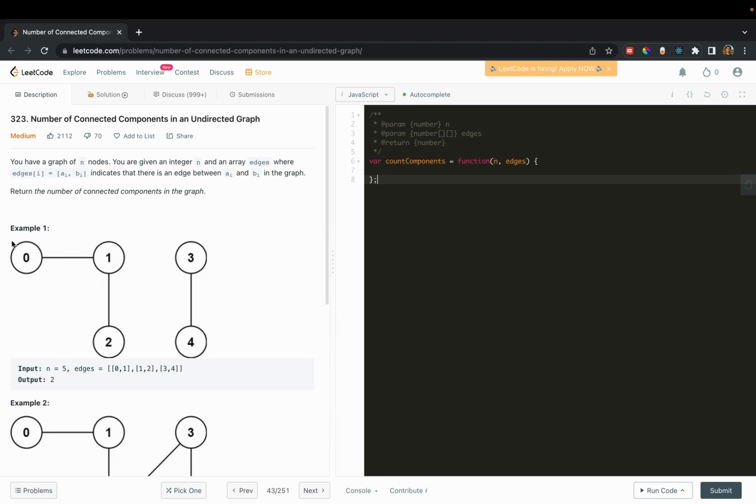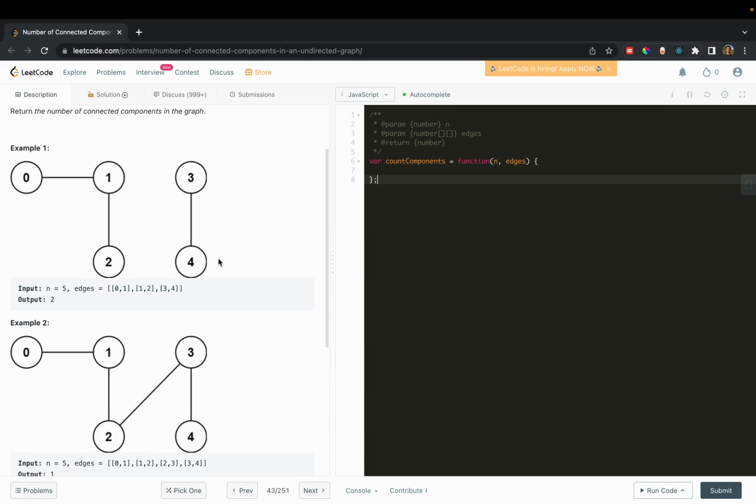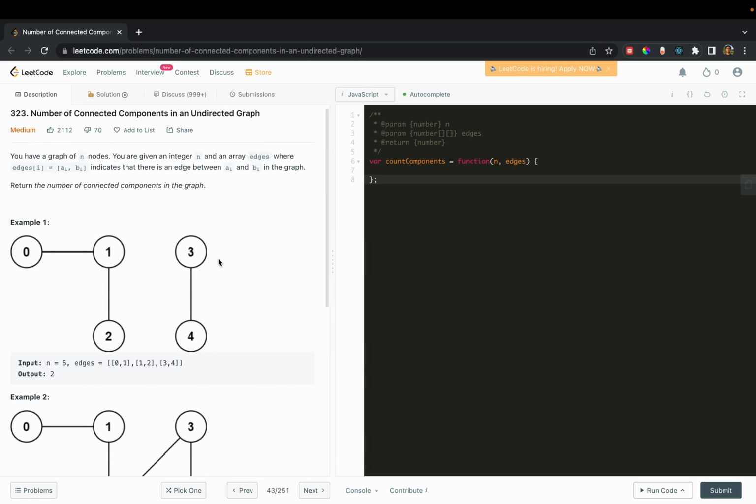Now here we have a bunch of nodes in a graph, and they're related with the edges that we can see here. We want to count the number of connected components. A connected component is a group of nodes that are connected, either directly or indirectly. For example, 0 and 1 are obviously going to be in the same connected component because they're directly connected. But 0 and 2 can also be in the same connected component because they have an indirect connection through the